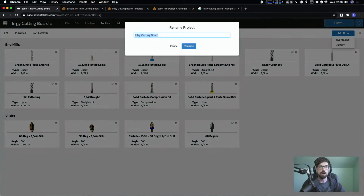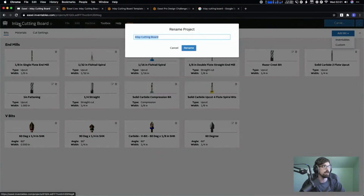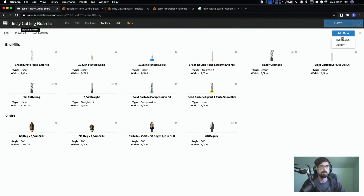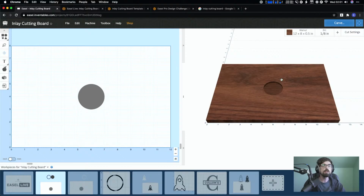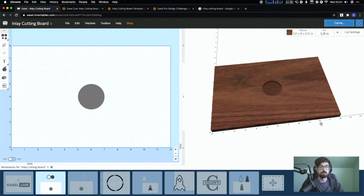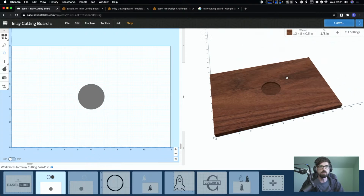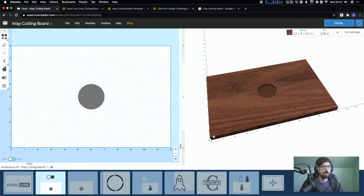I'm not sure if that's what you were asking, but that would be how you would add in your materials. And the only thing the material is affecting is first your visual, what this actually looks like, which I found super helpful, especially if you're making something for a client, because you can create a quick look of what this is going to look like. Although doing the inlays is going to be a little bit different because you can't really see everything at once. But the big thing is it's going to